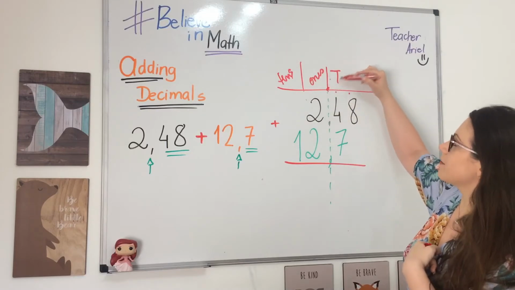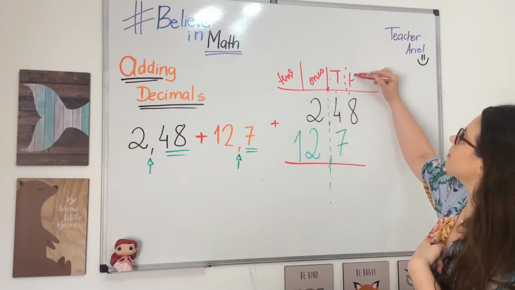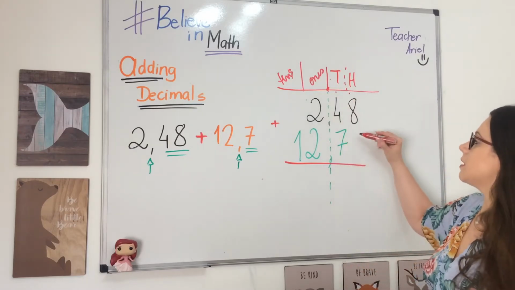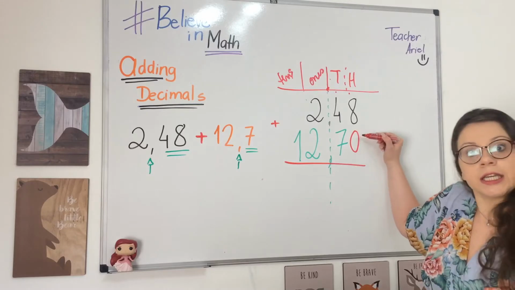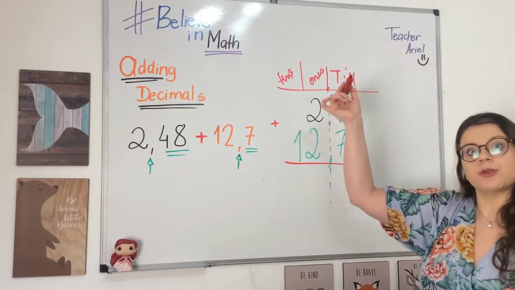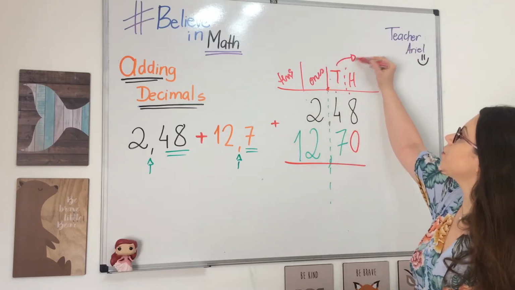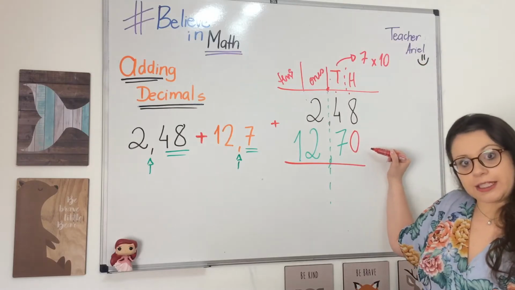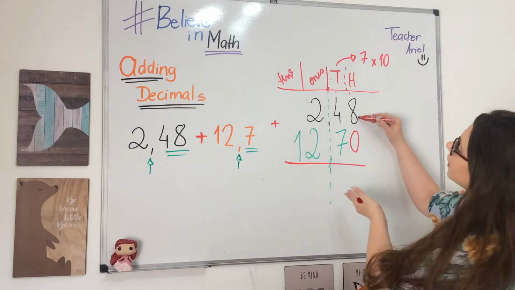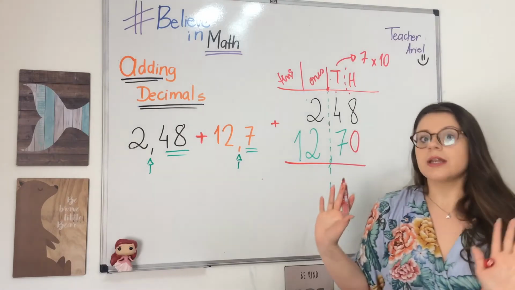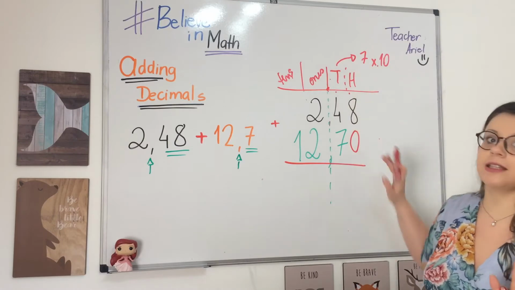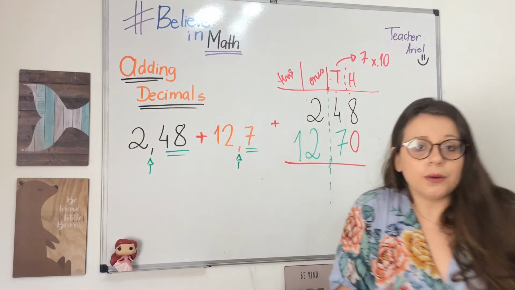We have tenths and we have hundredths. 7 tenths is the same thing as 70 hundredths, equivalent decimals, remember? 7 groups of 10 is 70. So I can simply come and put my 0 here because 7 tenths is the same thing as 70 hundredths. And then I only add